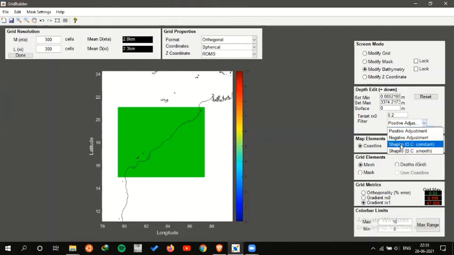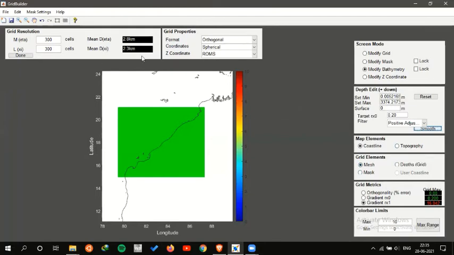What you can do is play with these filters, the Shapiro filter, and choose a region where you want to apply your bathymetry. Say I want to have it up to 2500 meters, and then of the order of 2, 4, and I use fourth order interpolation, and it has done the smoothing. Then I can use a positive adjustment to get my grid matrix in the correct shape.